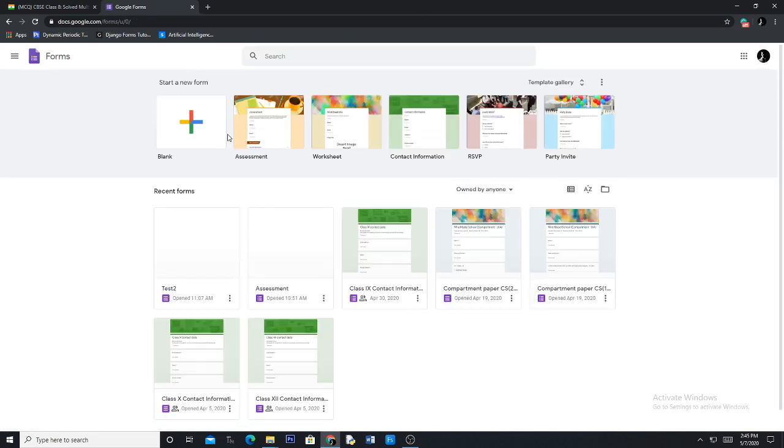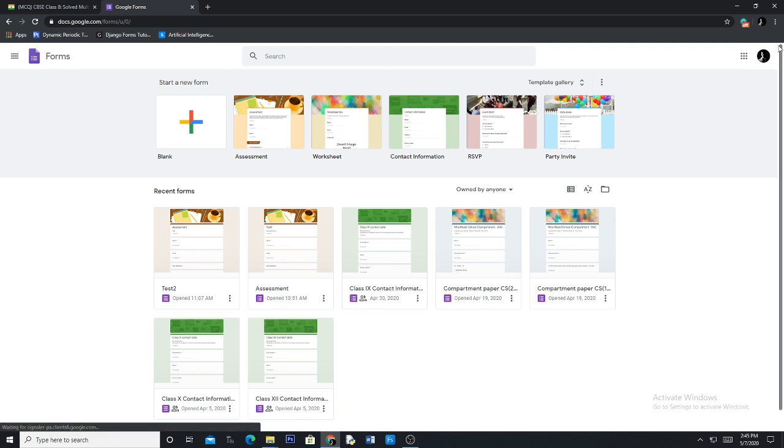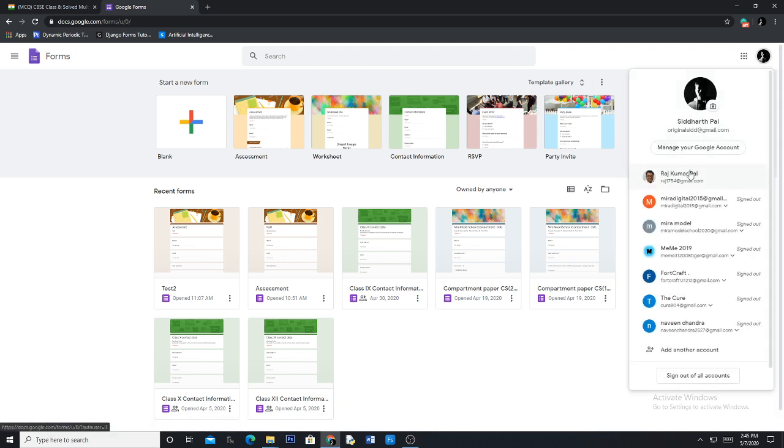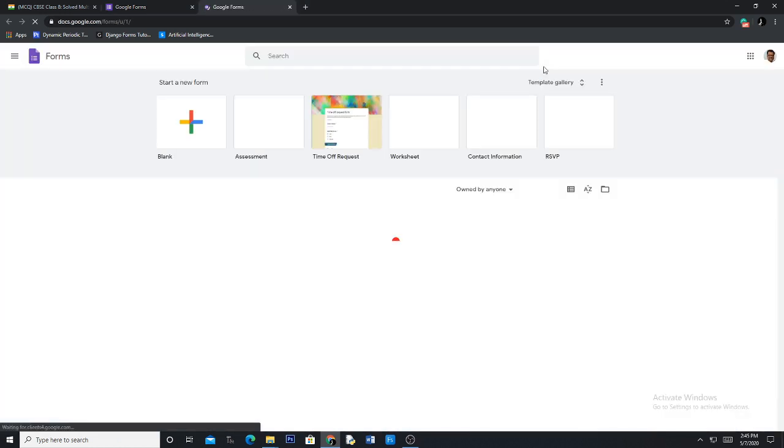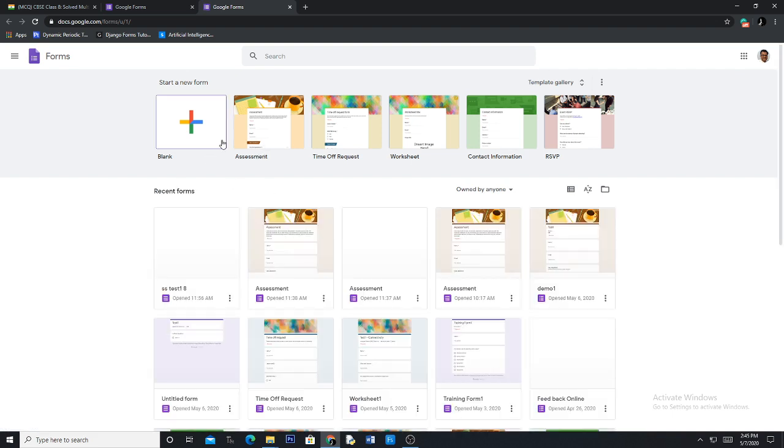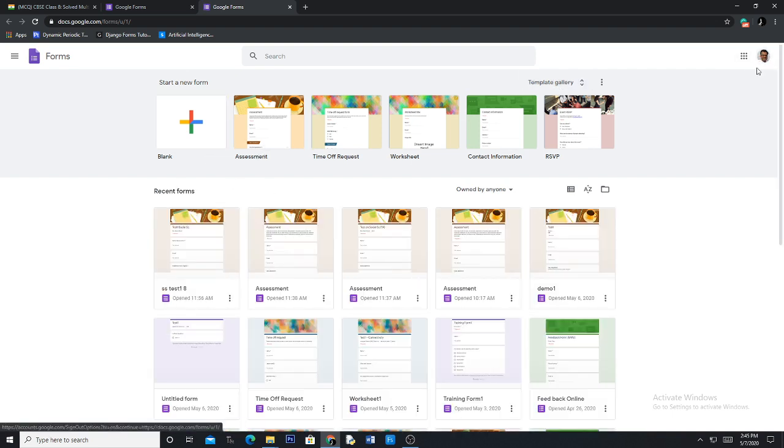I can see that this is not my account, so I go to my account. Now this is my account because my login is showing here. This system is used by me and my son, so two accounts are reflected here. I go to my own Gmail account, and I am inside Google Forms now.